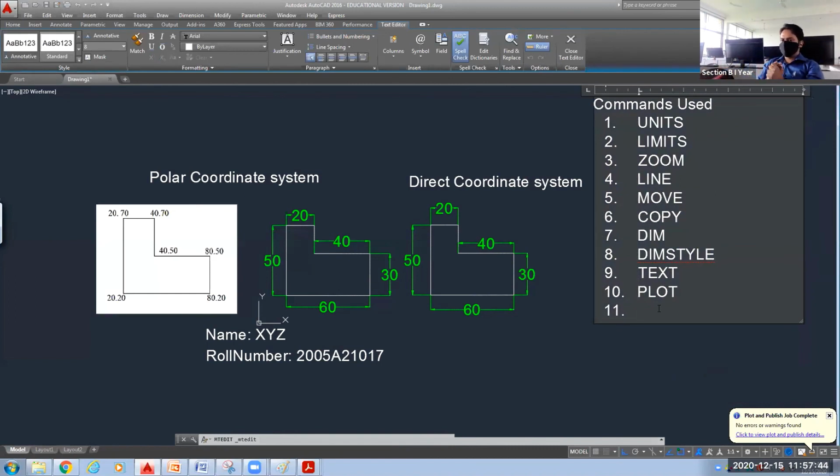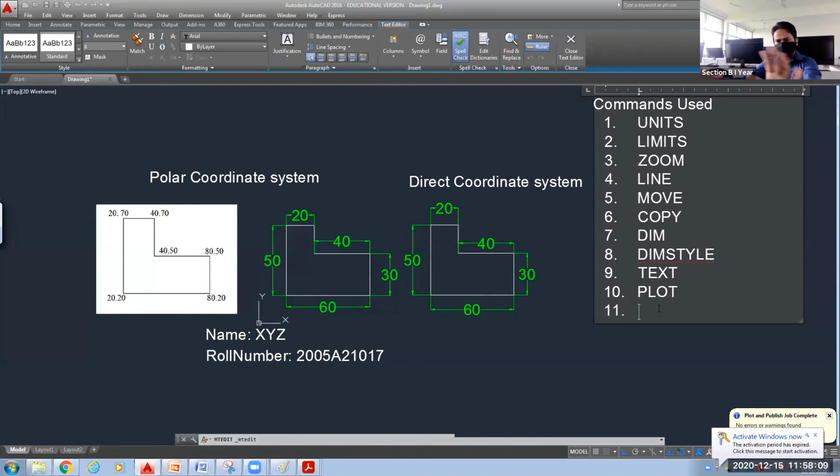Anything else that we have learned today? So 10 commands we have used today to draw a simple 2D diagram using the line command and different coordinate systems.